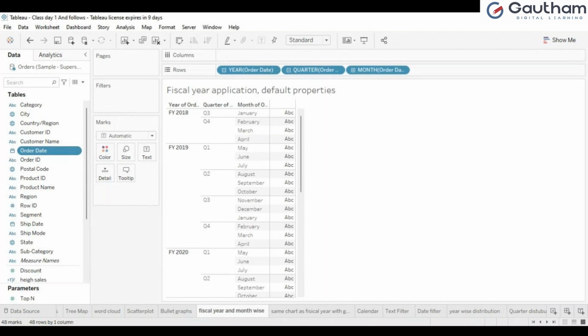Suppose in India March is when the financial year ends, and our fiscal year starts from the April month. So I have selected April as the fiscal year start month, right? Now you can see quarter one has started from April, isn't it? Like this way, or else suppose